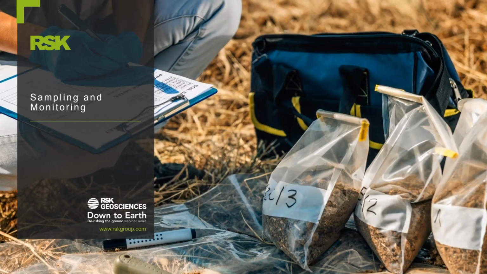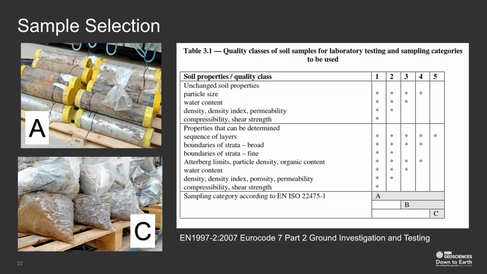Taking samples and scheduling testing is really important to help us validate known facts and remove data gaps and uncertainty. Monitoring is a post-investigation technique used to understand groundwater, ground gas, and vapor, as well as potentially ground movements. Eurocode 7, Part 2, ground investigation and testing is the main thing we need to consider here. There are 3 main categories of sample collection defined in Eurocode,